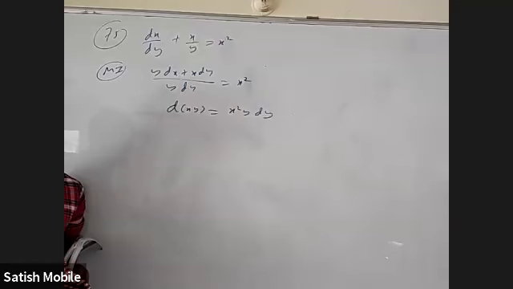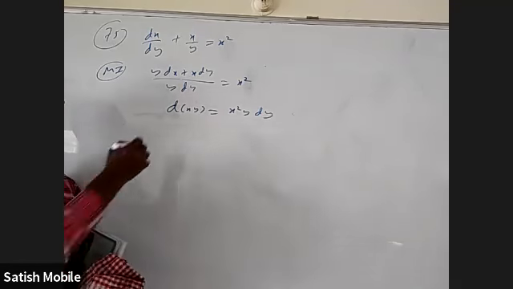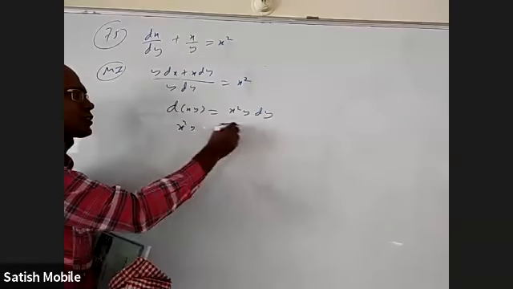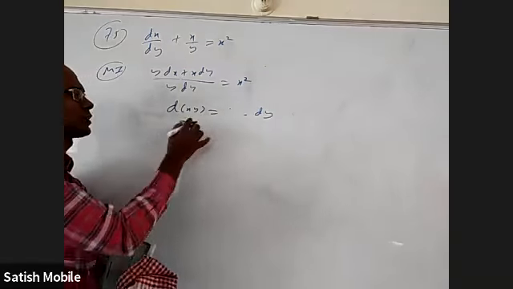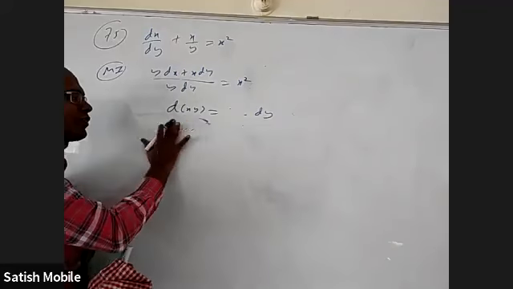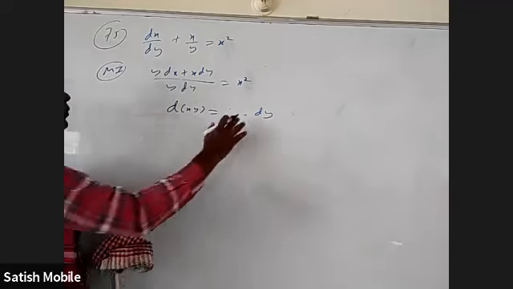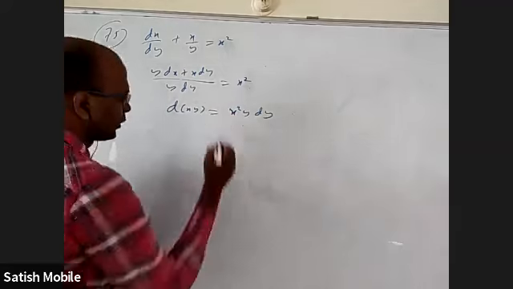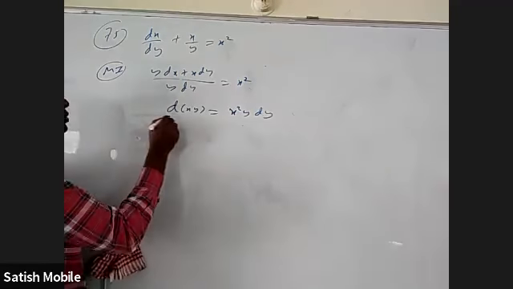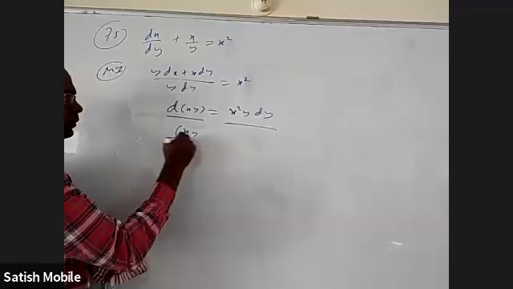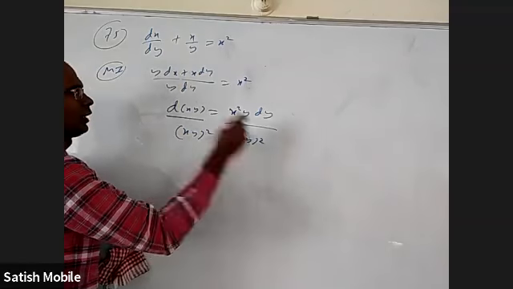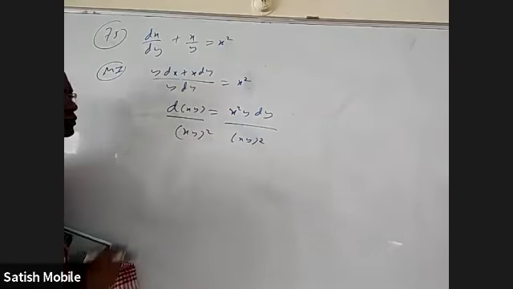X square. If I divide by x square, what is the benefit? Divide with x square, this will be gone. Divide with x square, y square. Yeah, divide with x square y square. When you divide with xy whole square on both sides, okay? I brought this one here and then divided by xy whole square.